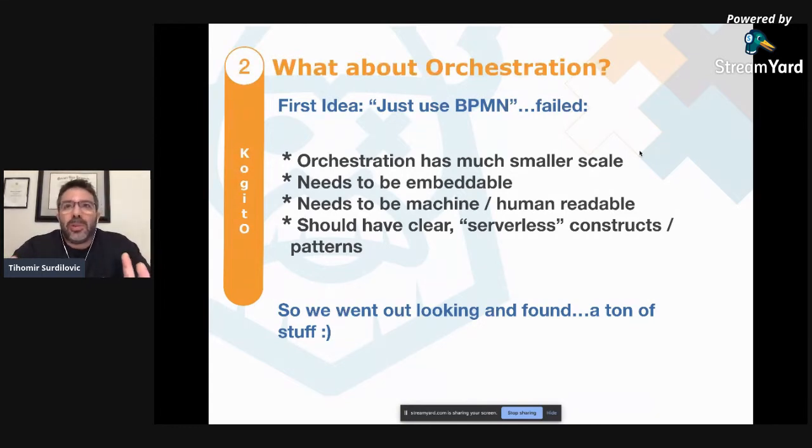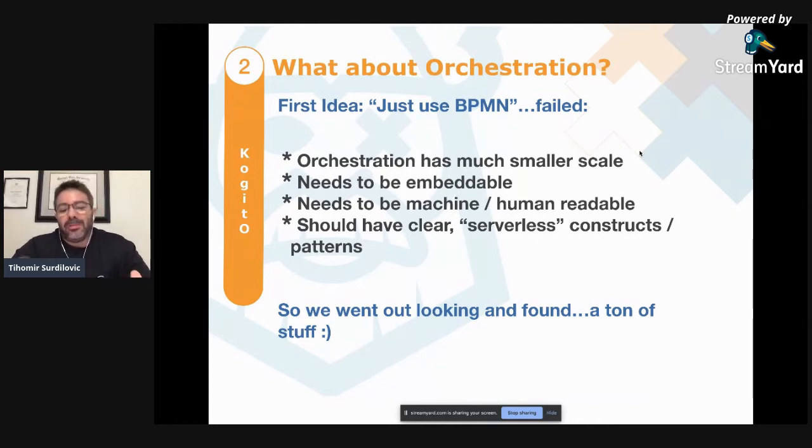Oftentimes for microservice orchestration, we do not really need tooling. BPMN, as we know, is highly dependent on visualization. And one of the things we realized is that in order to clearly describe our serverless orchestration, we need a clear serverless construct and patterns to do so. And we're going to see what it is.